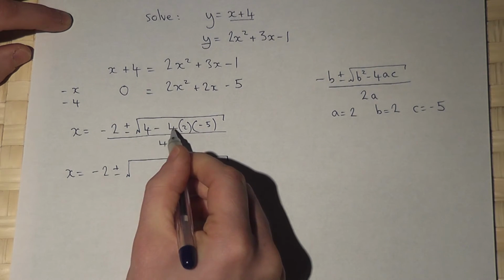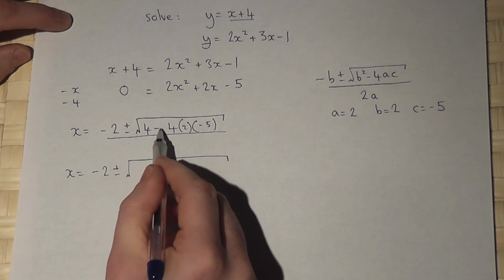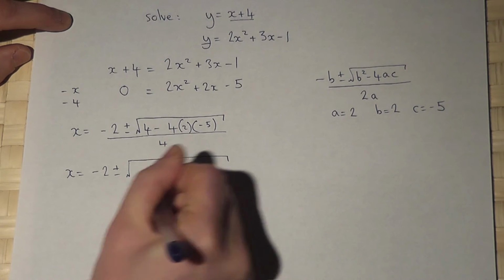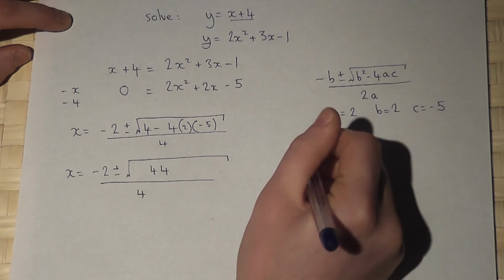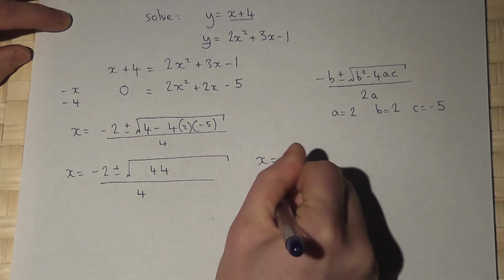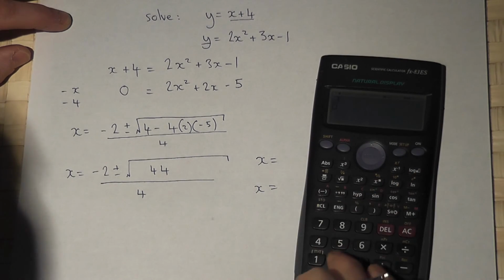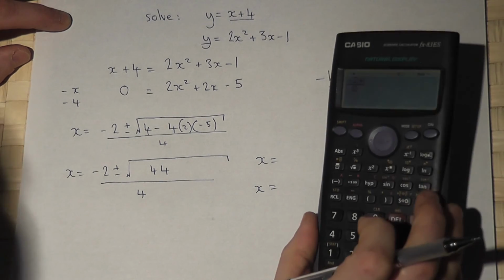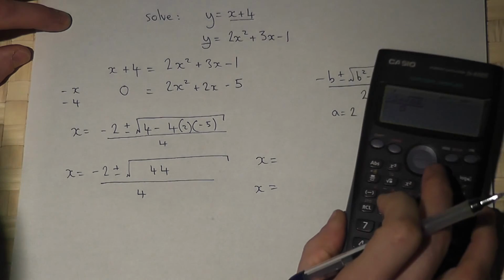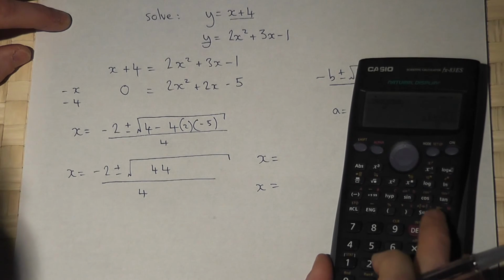Right then, I'll now work out the square root part. Now we're taking away 4 times 2 times minus 5. 4 times 2 is 8, times 5 is 40. There are two minus signs there, so it's 4 plus 40, which is 44, all over 4. So I can now work out two values for x using my calculator. So fraction button, minus 2, I'll do the plus 1 first, plus root of 44, and then divide by 4. So minus 2 plus root 44 over 4 gives me the answer of